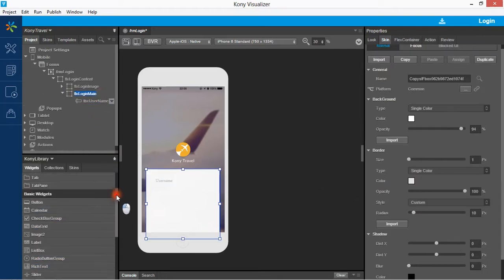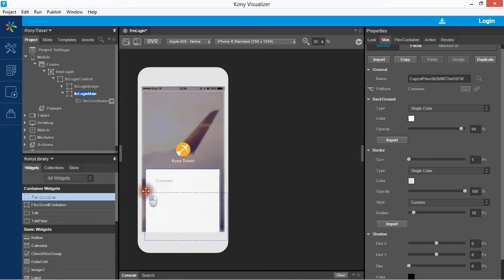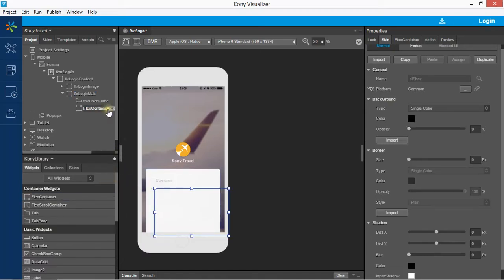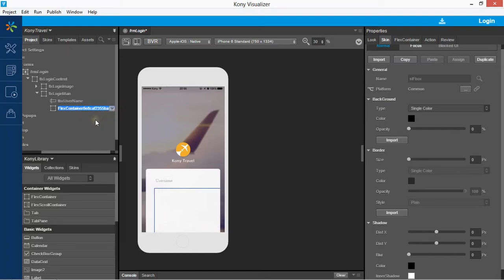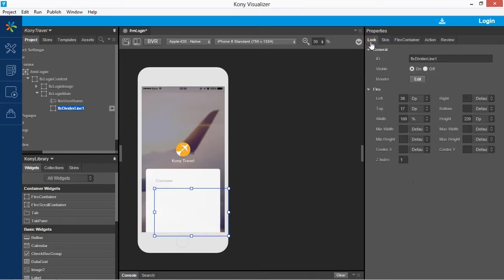To do so, drag a Flex container inside the FLX login main, set the name to FLX divider line 1, and configure the look properties. Top 1%, width 80%, height 1 dp,